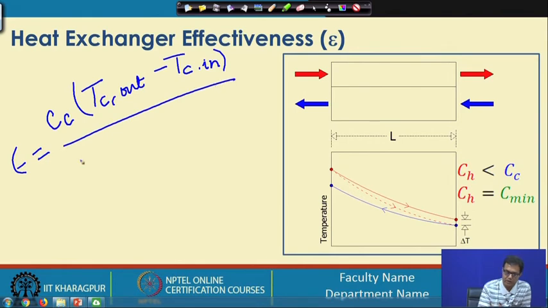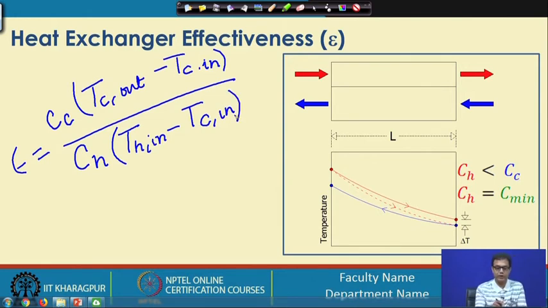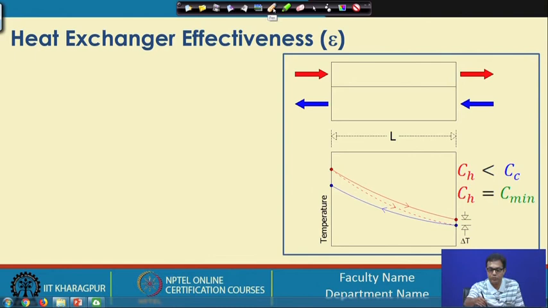divided by C_max. Q_max is equal to C_H, and that is equal to (T_H,in − T_C,in). We can also write it this way, but this will not cancel out. So, it will remain there. So, now let us look into